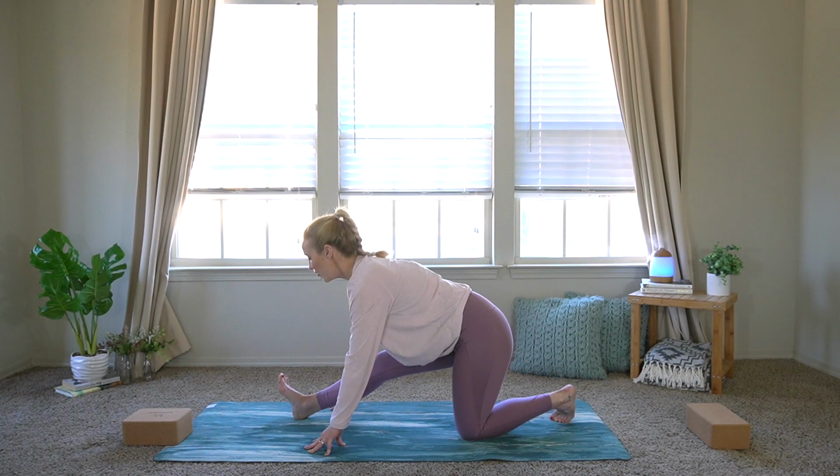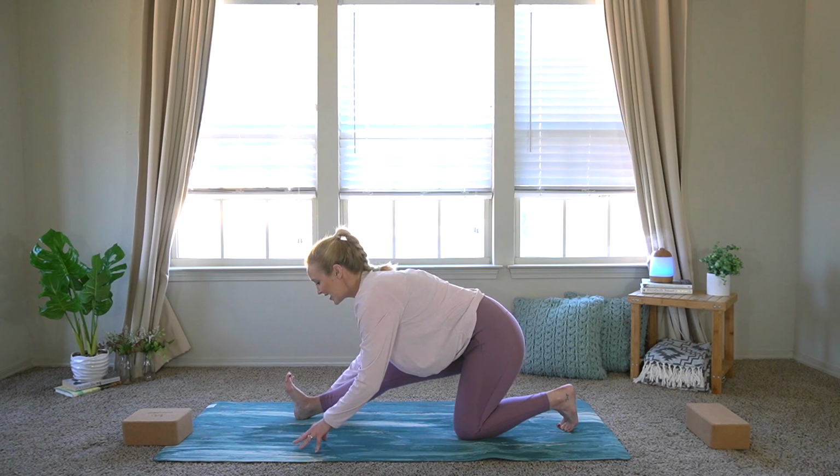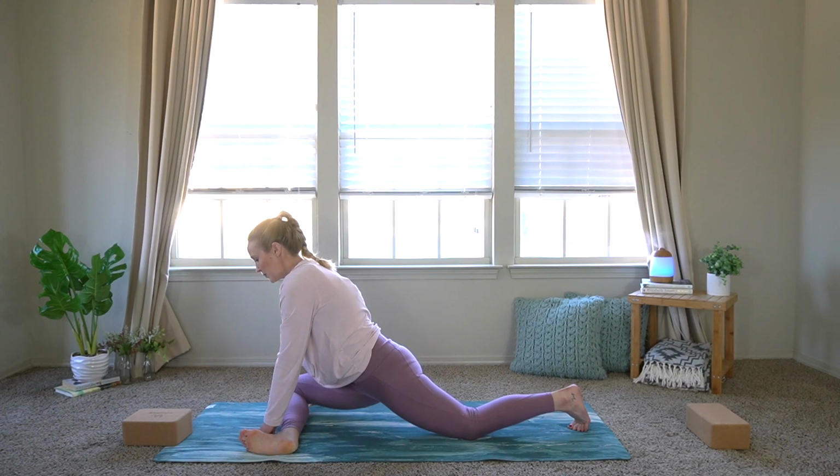Keeping your spine tall. Foot flexed. One more deep breath in. Exhale, lunge back forward. Begin to heel toe your left foot over to your right hand, sinking into your pigeon